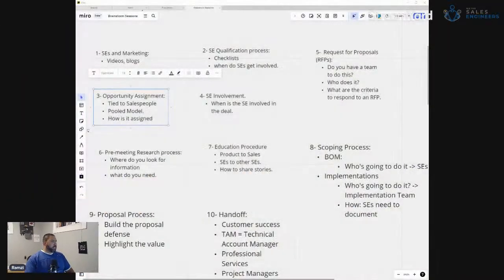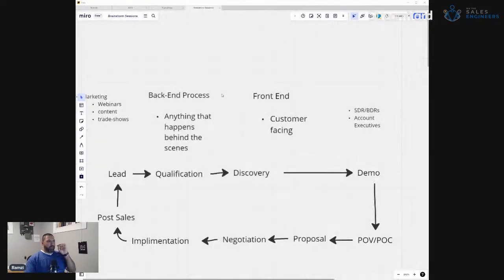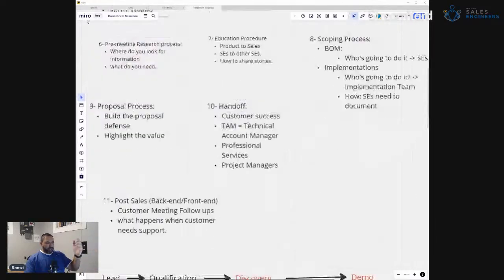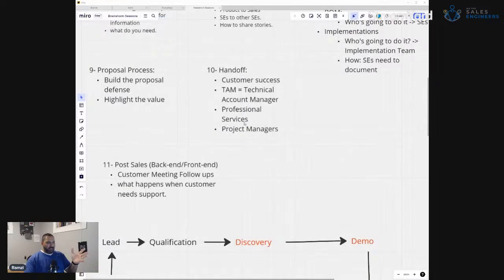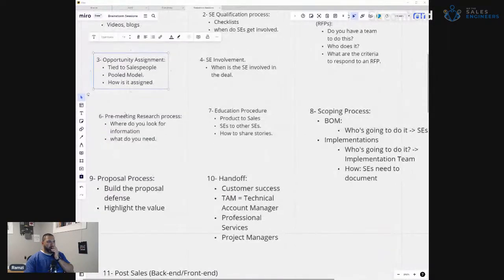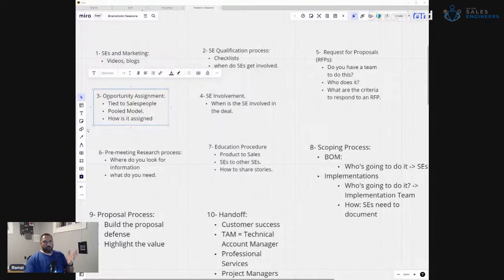So, last time we chatted, we talked about the back end and the front end. Back end is anything that happens behind the scenes. Front end is everything customer facing. We discussed 11 back end things, and then we started talking about discovery. But then it dawned on me that one of the areas we discussed was opportunity assignments, and I wanted to dig into that a little bit more